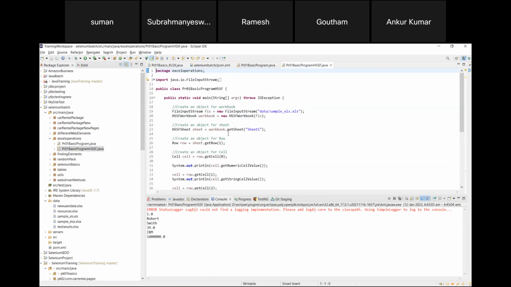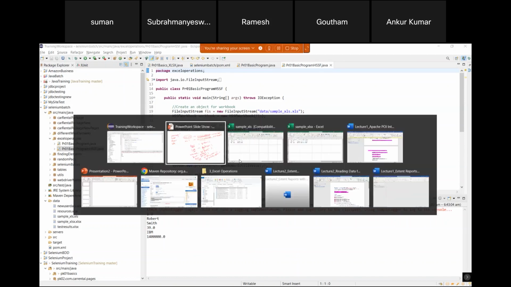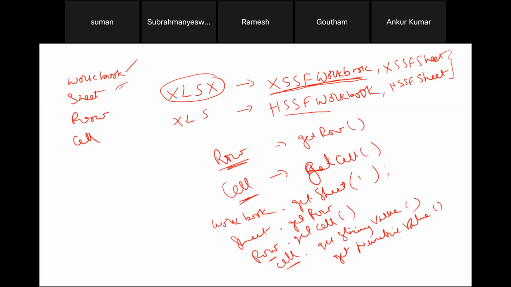a single cell value. I have shown you this one. The way I'm telling you is, first I'm showing you how to get a single cell value, so that you will understand basically how we are getting the data from an Excel sheet. And then I will show you how to get data from the entire row,